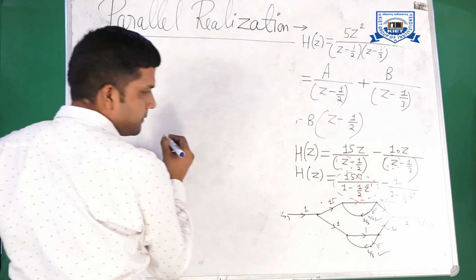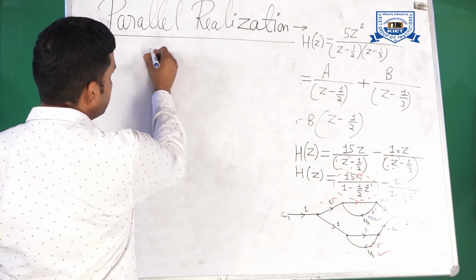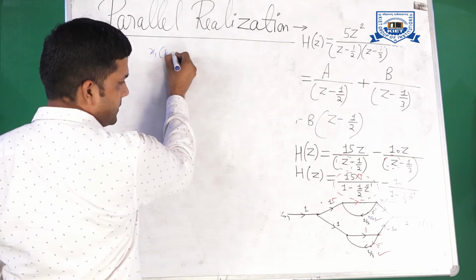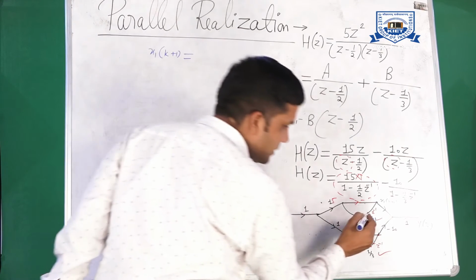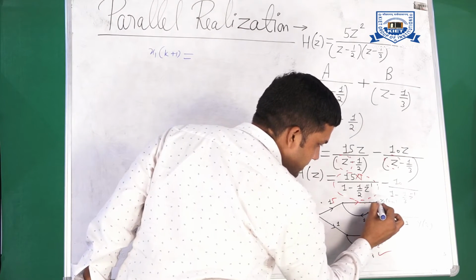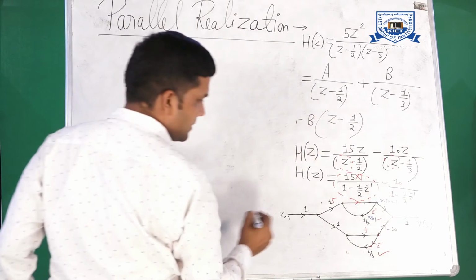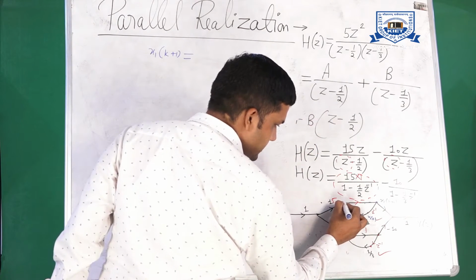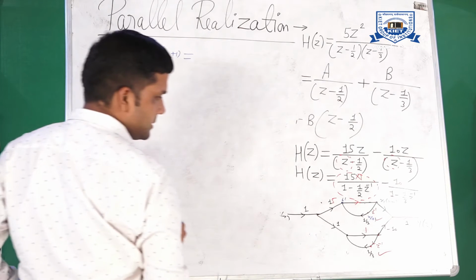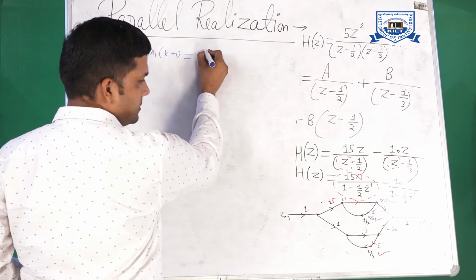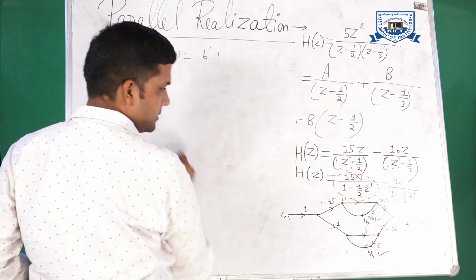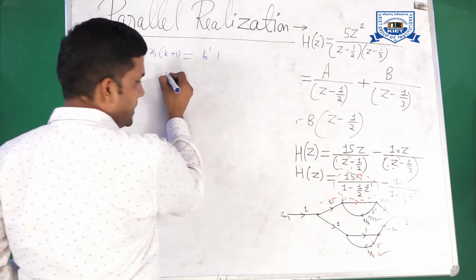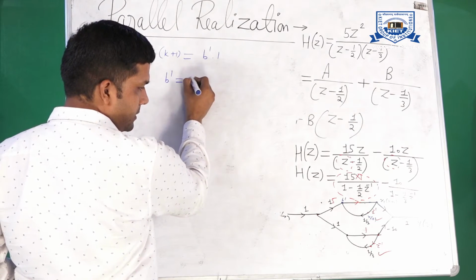And what is the value of x1(k+1)? x1(k+1) is equal to incoming, 1 is incoming. And 1, this is suppose b dash, and b dash into 1. And what is the value of b dash? b dash is equal to 15